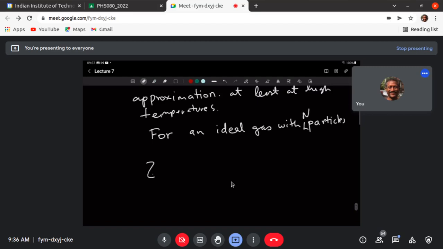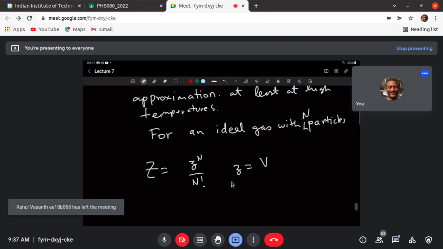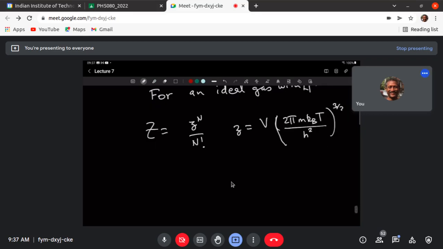We get Z equal to little z power n divided by n factorial, where little z is what? V times something we had written. You would remind me, 2 pi m k_B T divided by h squared, power 3 by 2. Okay, so now we got a formula. Now we are in business. We have